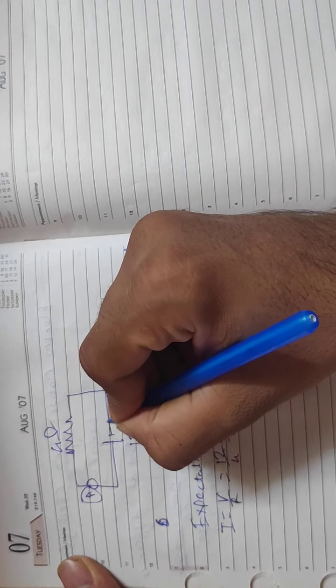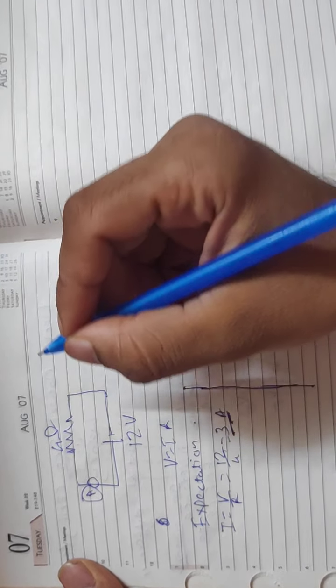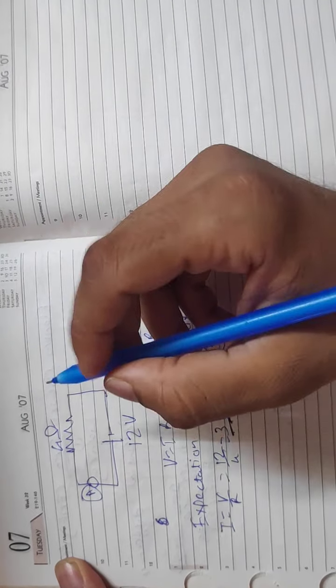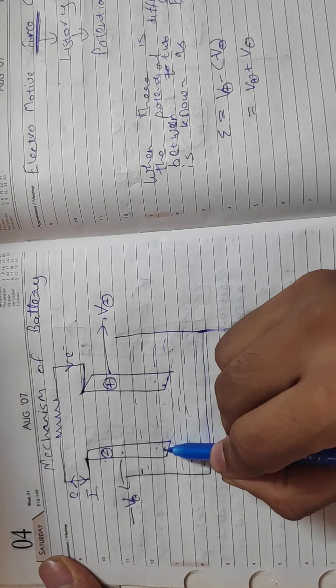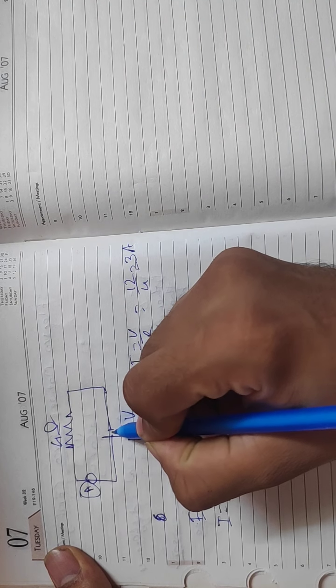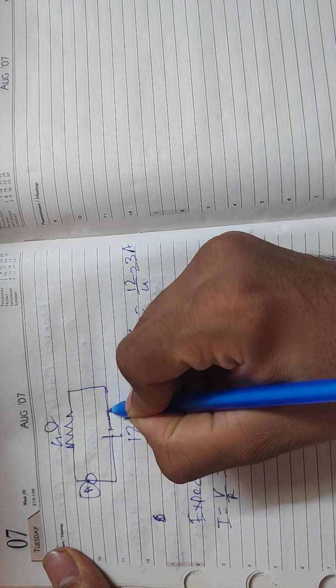Okay, here also there will be internal resistance. That's why the potential will also drop over there. Okay, there will also be a potential drop. Now where is the resistance? The resistance is between the two electrodes. Here also it should be in between these two, but we are not able to show it over here, so we show it somewhere around the battery.